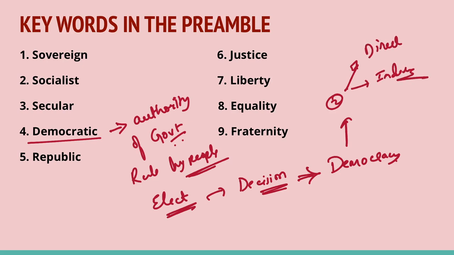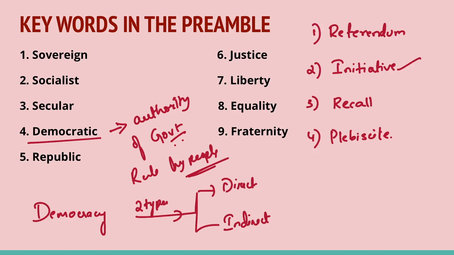In direct democracy, the people exercise their supreme power directly, as in the case of Switzerland. In Switzerland, there are four devices of direct democracy. They are referendum, initiative, recall, and plebiscite. Referendum is a procedure in which proposed legislation is referred to the electorate for the settlement of their direct votes. Initiative is a method by means of which the people can propose a bill to the